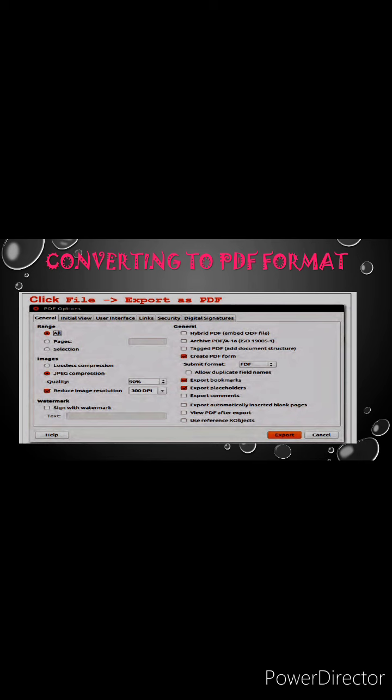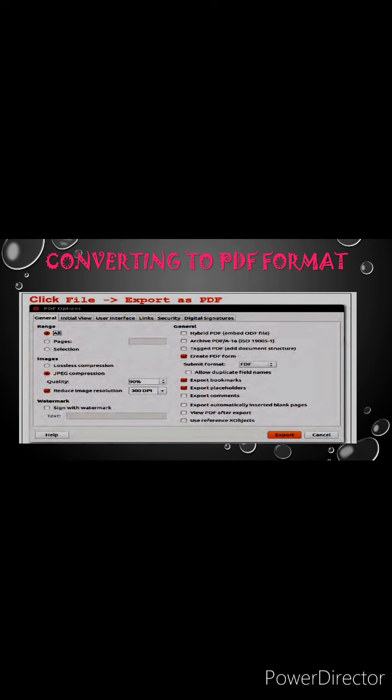We'll see. If you want to convert to PDF, you click File, and you'll get Export as PDF. Select this one, then the range is asking for the pages; all the pages you want to convert into PDF. Images are also there, so you select JPEG compression, then reduce image resolution.